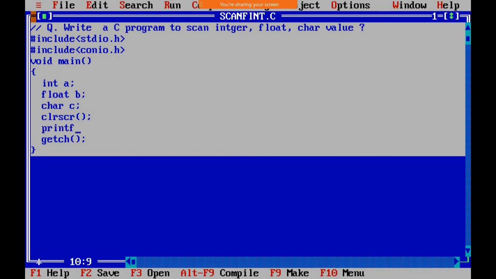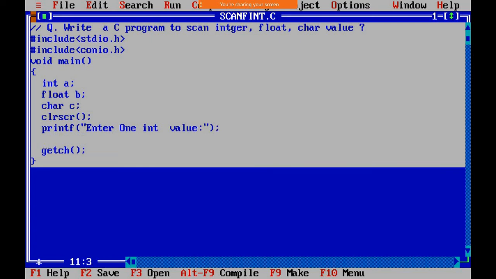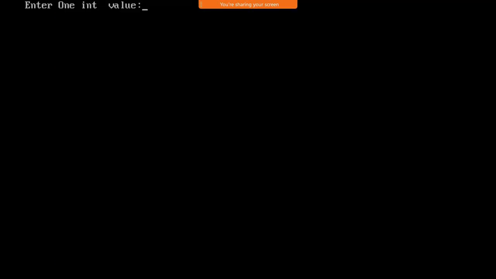Okay, so here we'll specify one message, enter one integer, that message will be displayed on the console. Let's check.